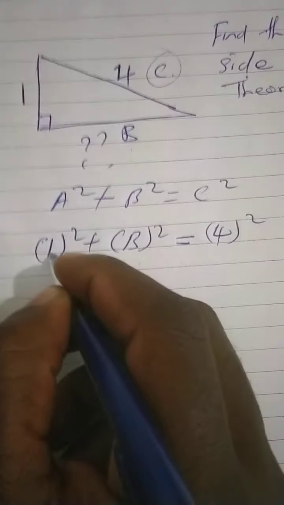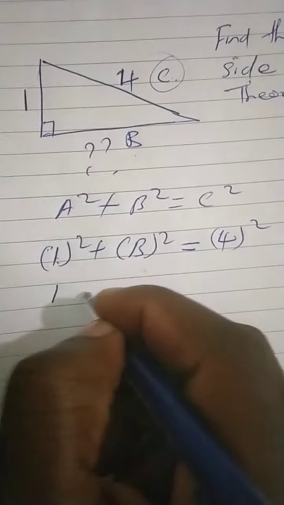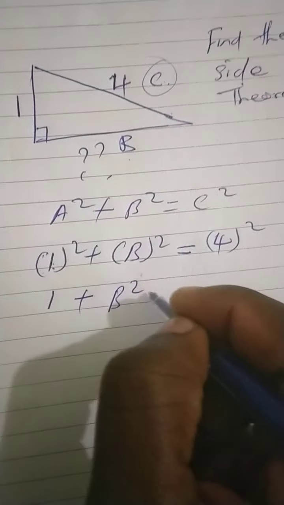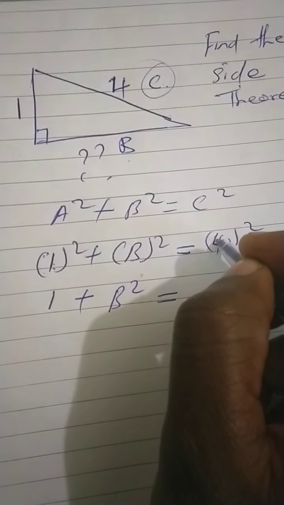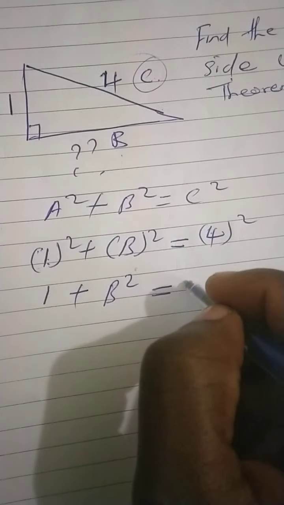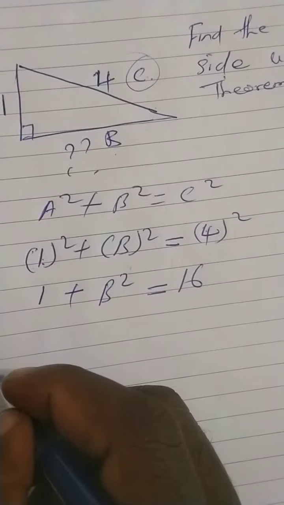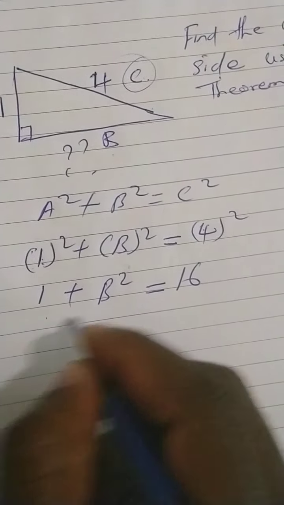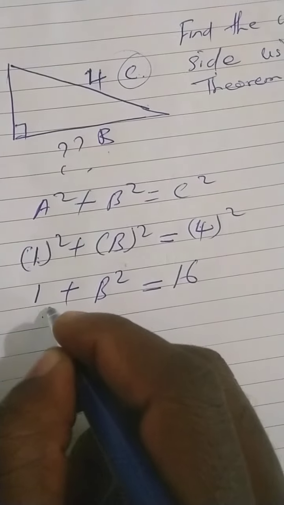So what am I going to do? 1 squared is 1 plus b squared equals, then 4 squared is the same as 4 times 4. 4 times 4 is giving us 16. So if I take this to the other side, what am I going to get? So remember,